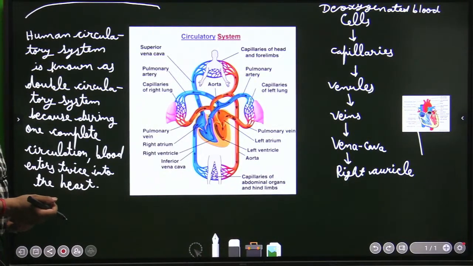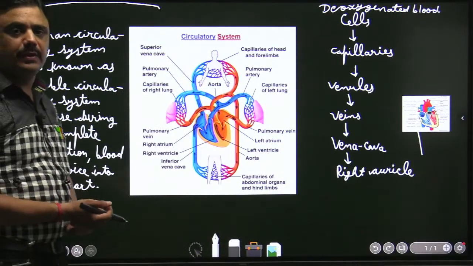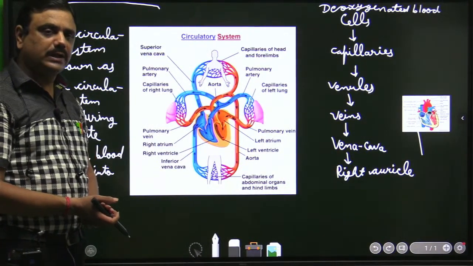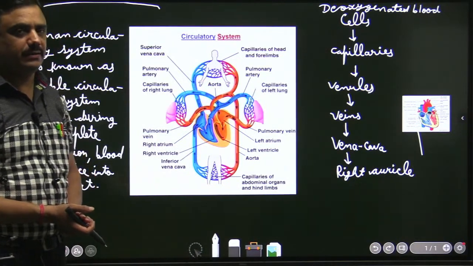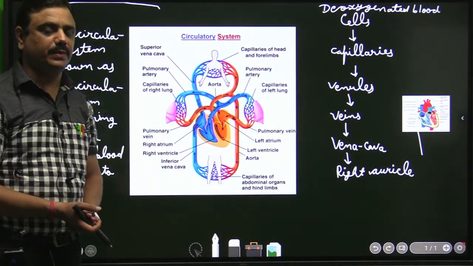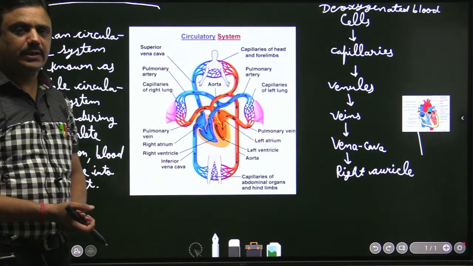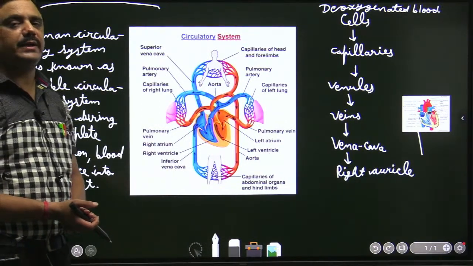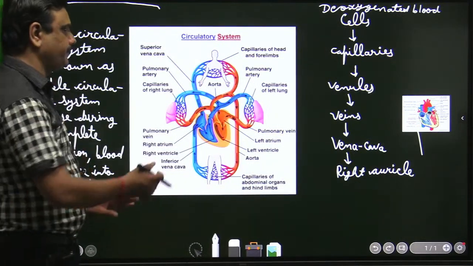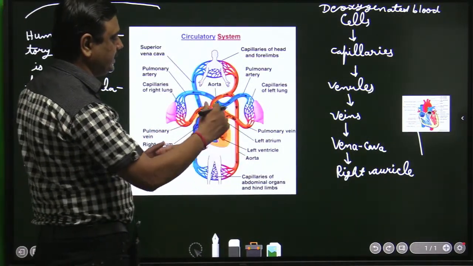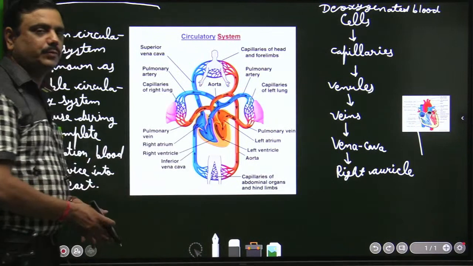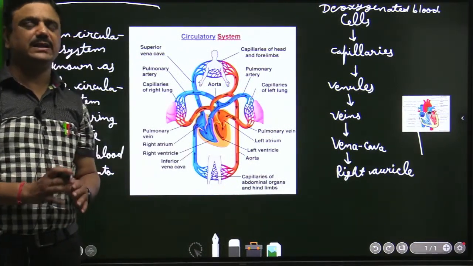Now what is the necessity, what is the need of this double circulatory system? As we have seen, in our body two types of blood flow continuously. One is oxygenated and second is deoxygenated. To prevent the mixing of these two types of blood, we need double circulatory system, because in this system the oxygenated blood flows into the left portion of the heart and deoxygenated blood flows into the right portion of the heart always and continuously